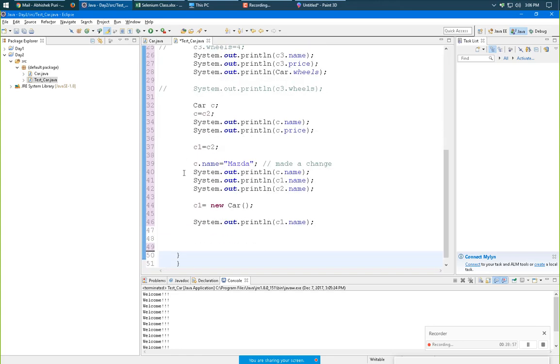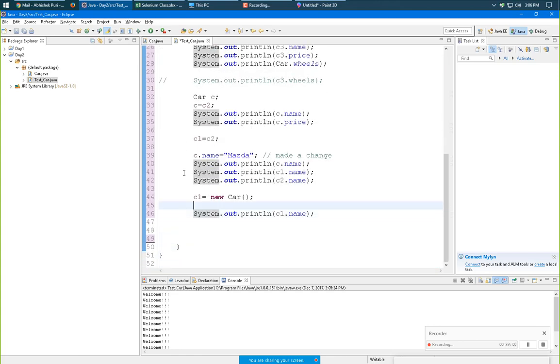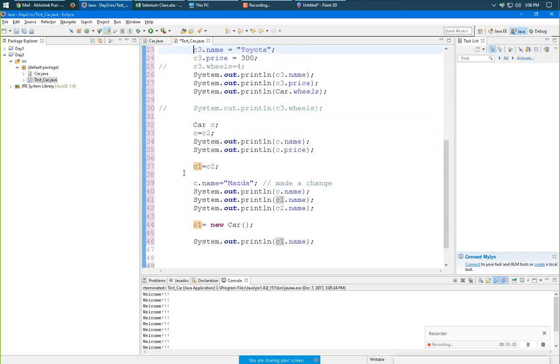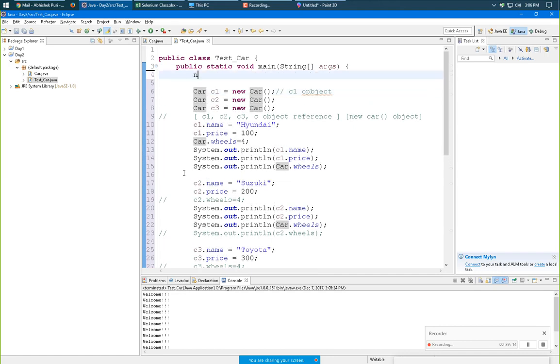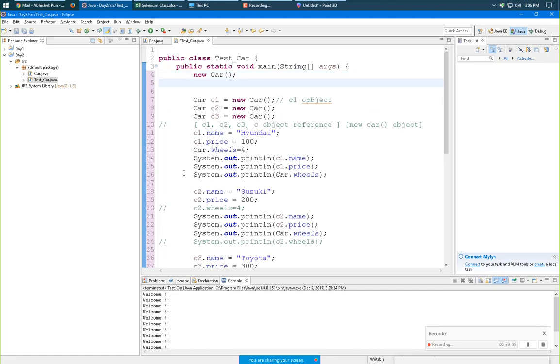So when we make an object, should we have an object name? Or like you showed, you just put new car many times, so each time it creates a new object. Yes, whenever we use new with a class name, it is actually creating a new object. Whether we are accessing it or not, the object is being created. It is blocking some space in memory.